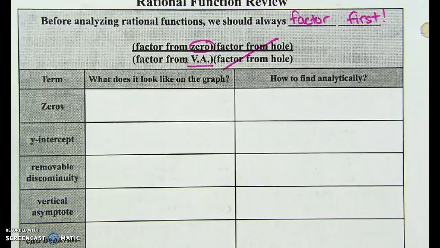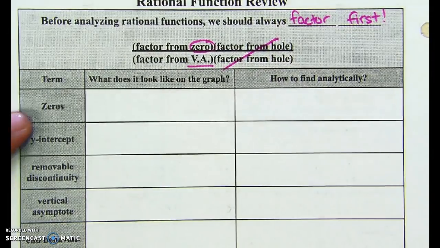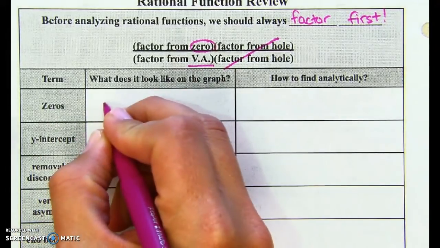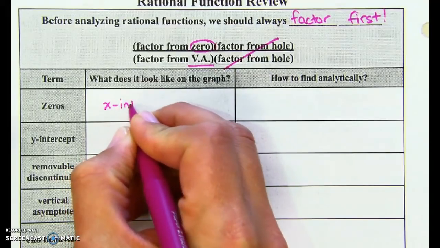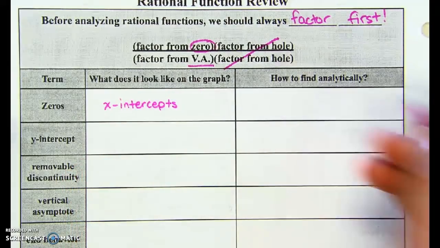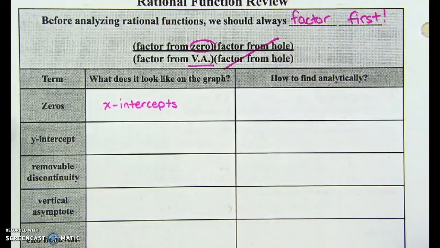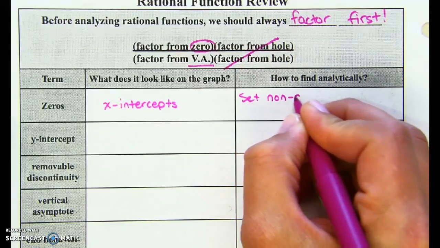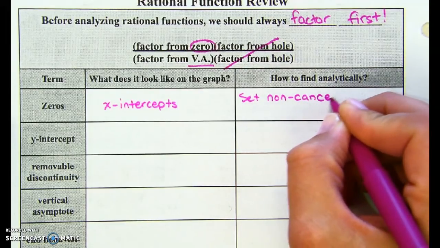Okay, so let's review. Zeros. What do the zeros look like on the graph? Anytime you see the word 0, those are the x-intercepts. X-intercepts. And how do you find them analytically? So this was on some notes. You set the non-canceling factor